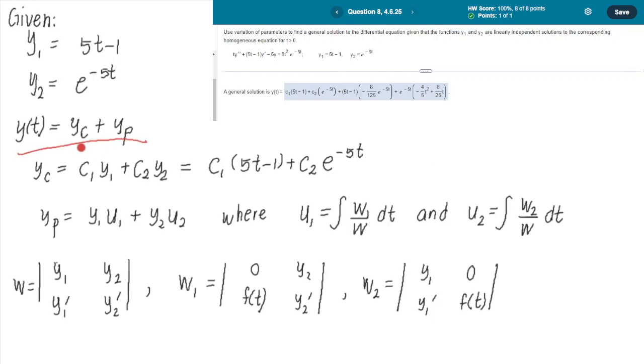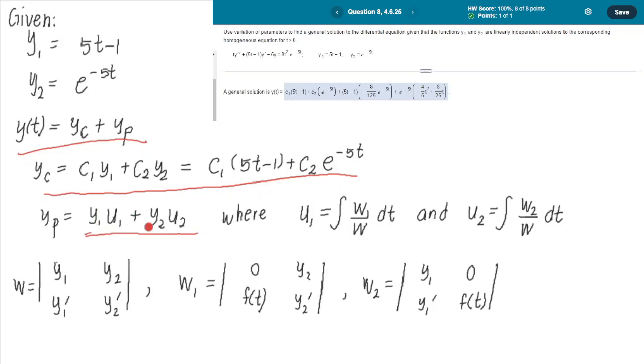Now, yc is our complementary function and yp is our particular solution. yc is already c1 y1 plus c2 y2, and we just substitute the values of y1 and y2, and then we have our complementary function. This is easier than the particular solution, which is given by y1 u1 plus y2 u2,